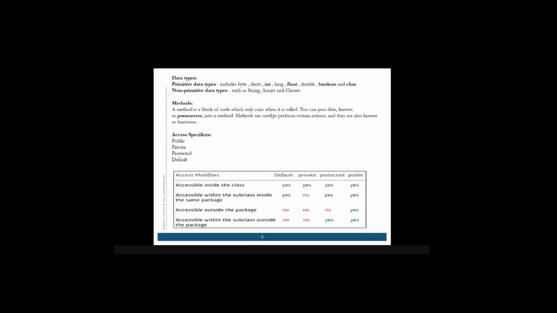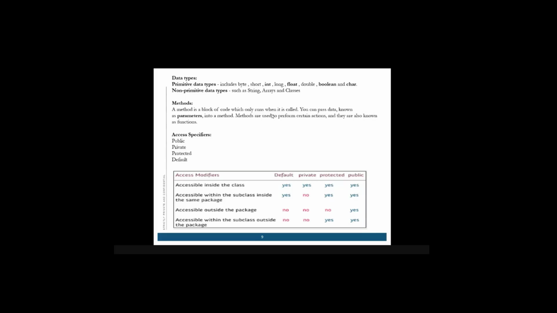Protected means it can be accessed by some other class, but only if you allow them to access. And default means you can access inside the class and within the subclass inside the same package.